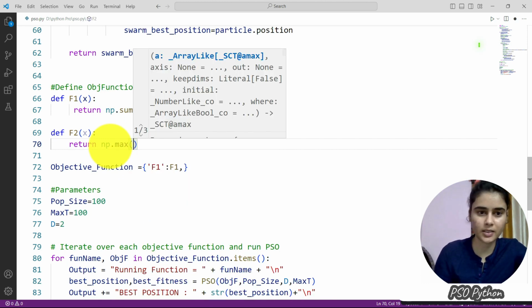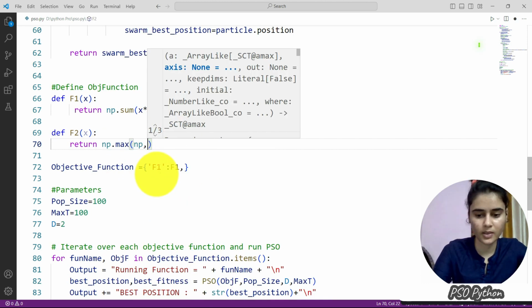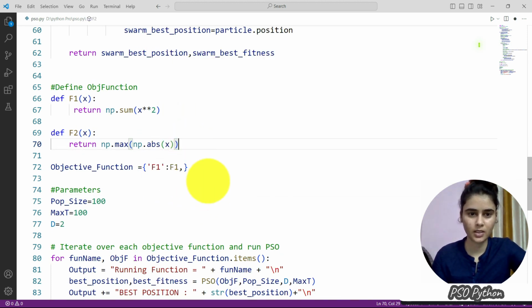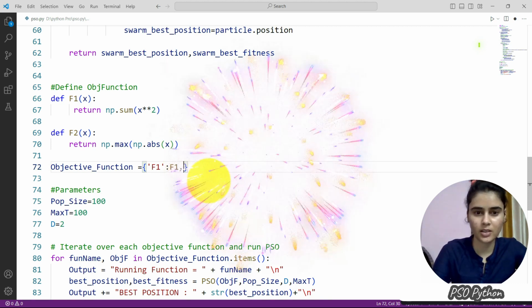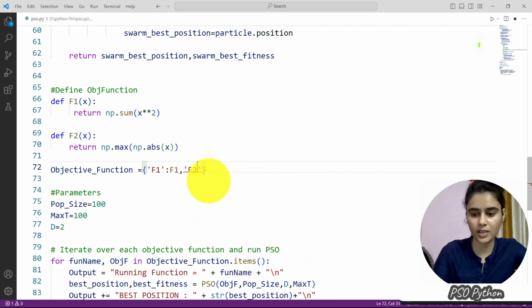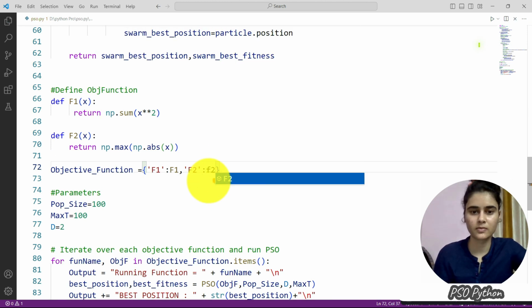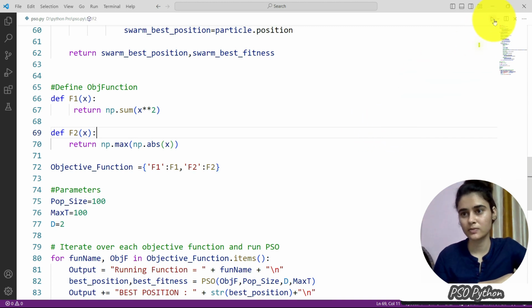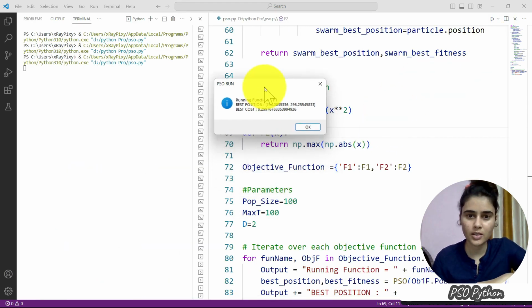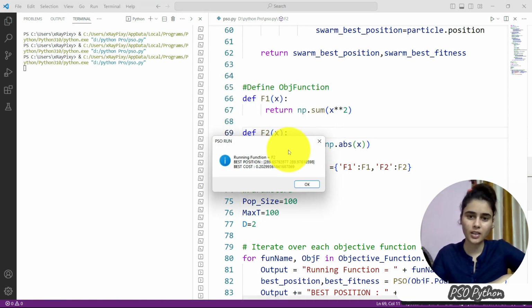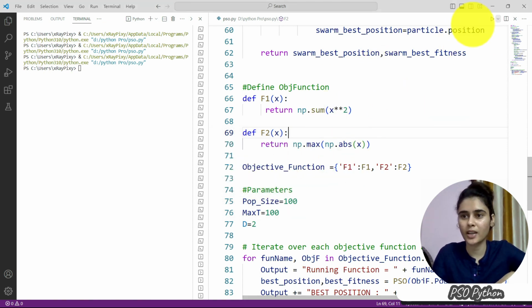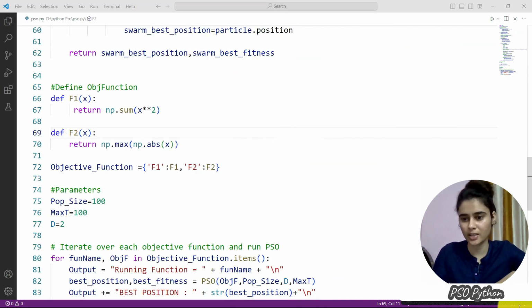Here we will add the formula for the objective function, find out the absolute of x, and then we will call this objective function in the dictionary, that is f2. Run the code. Now you can see this is for the f1. Now you can see here this is for the first objective function, and here this is for the second objective function. So like that we can add number of objective function and check the result.